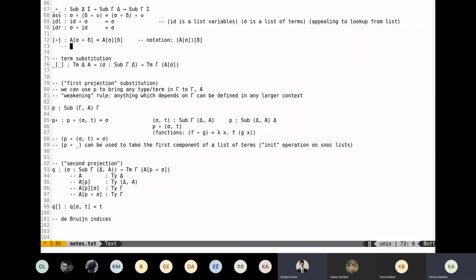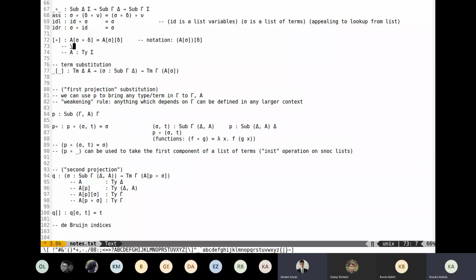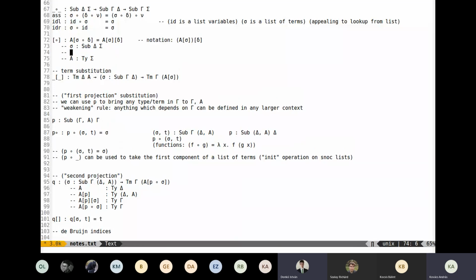So what we have here is A is a type. Okay, so let's write it out. So sigma goes from delta to sigma, and delta goes from gamma to delta,